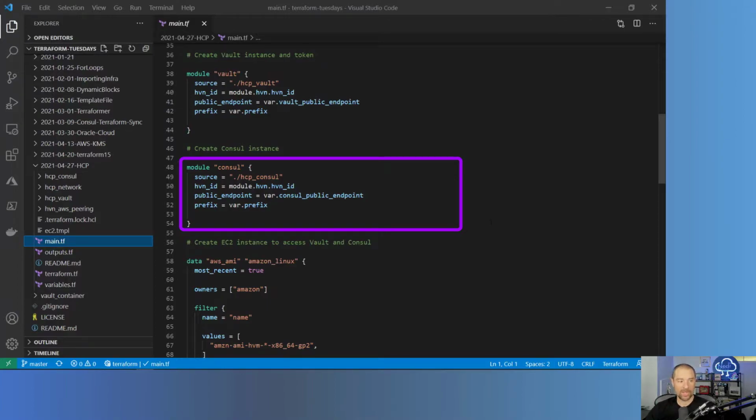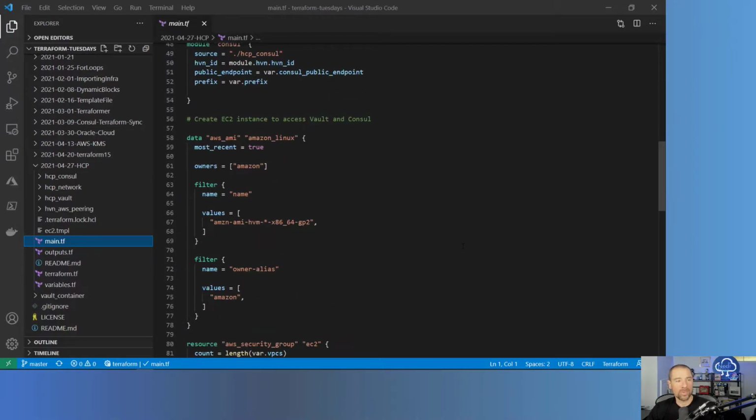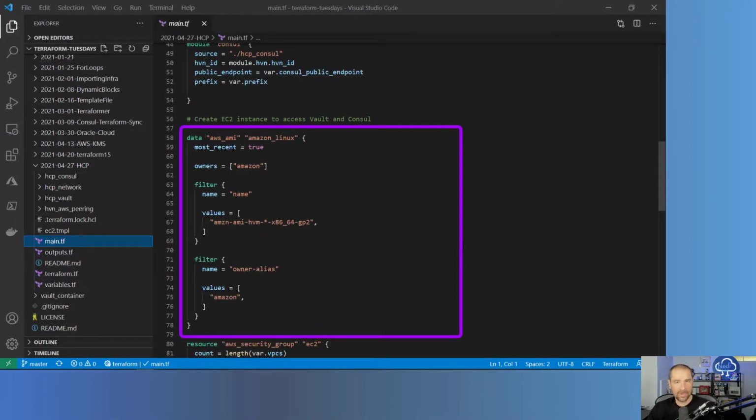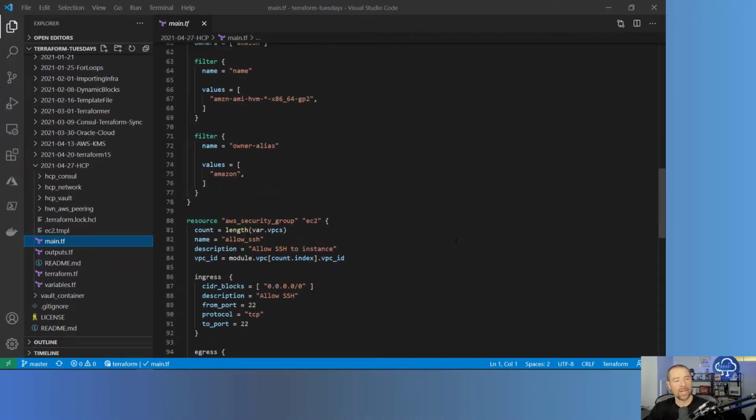Once you have all that created, you actually want to access Consul and Vault. The way that we do that is by spinning up an EC2 instance on one of the public subnets, and then making it accessible via SSH so we can connect into it and test out our connectivity with our new Vault and Consul instances. The way that we'll do that is we'll get the latest version of Amazon Linux, and then